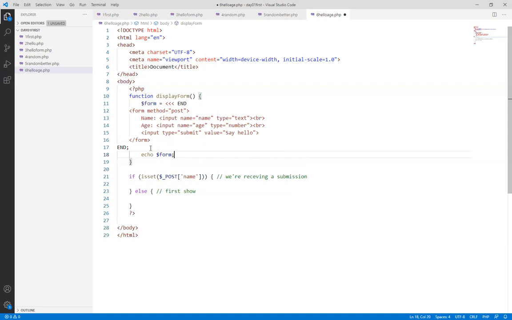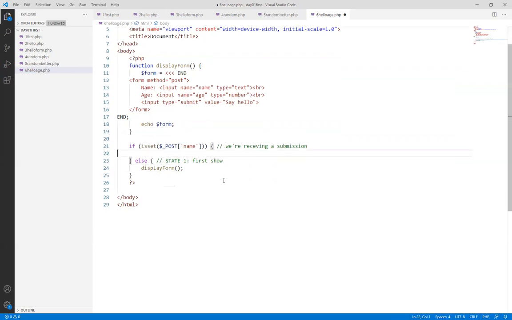So why would I do that? Because I want to be in control of when the form is displayed or not. Because for the first show, I do want to display the form, definitely. So I'll do it here. We're going to say that was state one, state one for show. But the other two, not sure. We'll see. So now, if we're receiving a submission,